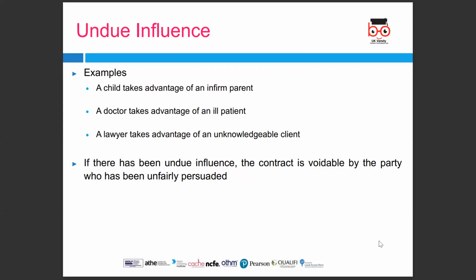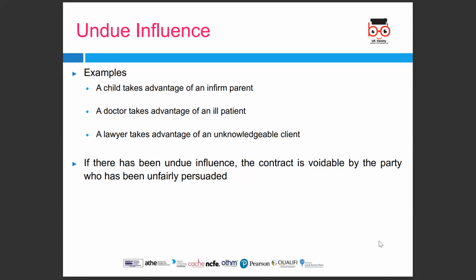So in regards to duress and undue influence, we've looked at the elements of how someone could take advantage of another person in trying to make a contract void. If it's under duress and undue influence, the contracts can be voidable and the terms of the contract could be breached. Duress is with threat and vulnerability. So these things need to be taken into account when you look at duress and undue influence.